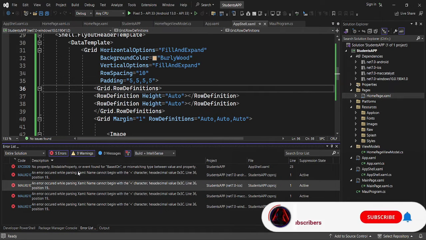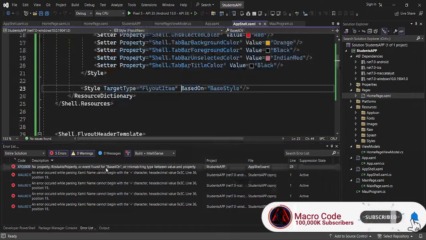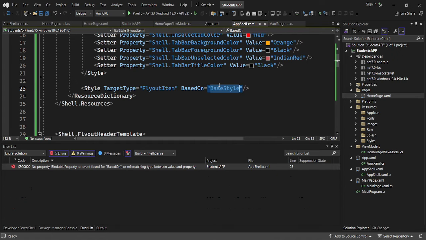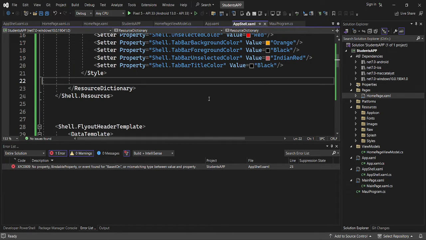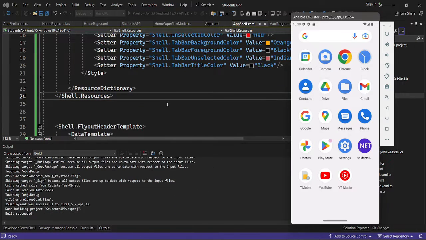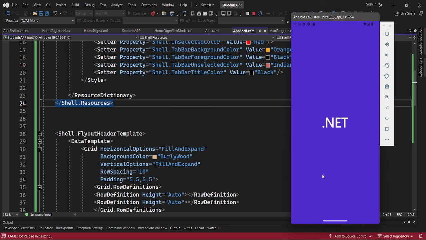We have something wrong based on mismatch. So we have, so this should be, actually let's remove this for now, then we'll be able to define it later. So let's launch our app and see. So if we just launch our app,